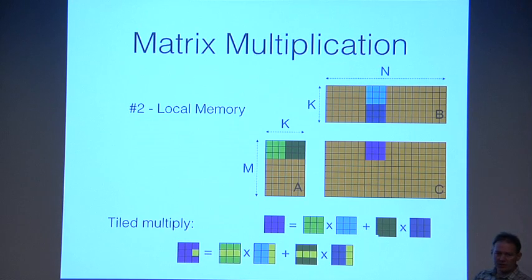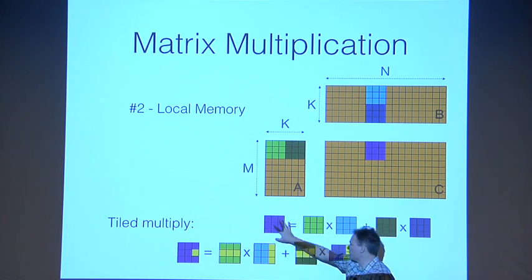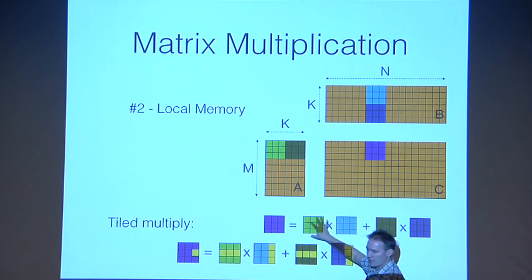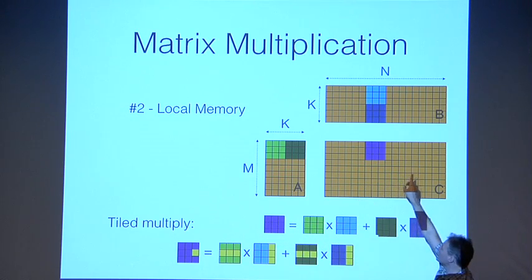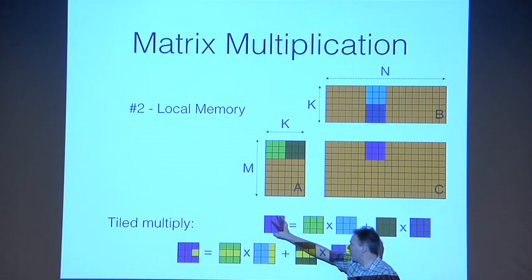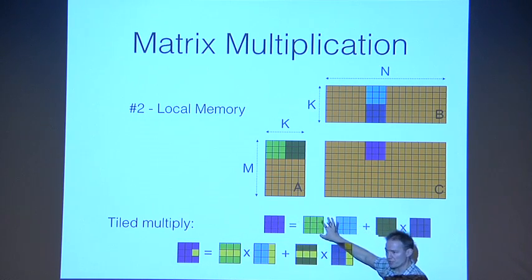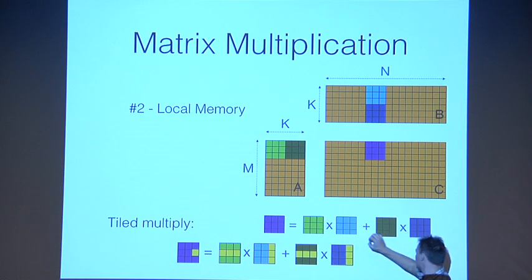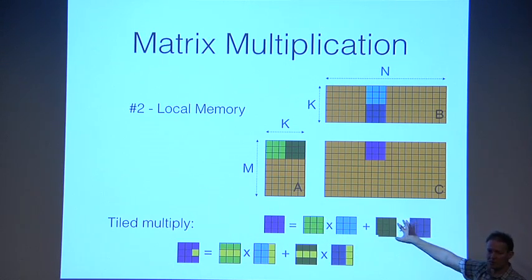To make that feasible, so that he can load in enough data for the threads to share, but not overwhelm local memory, he does it with a tiled multiply, where the purple square is the product of the lighter colored squares from the two matrices and the darker colored squares. So the output here is the matrix product of this 3 by 3 matrix plus the matrix product of this 3 by 3 matrix.